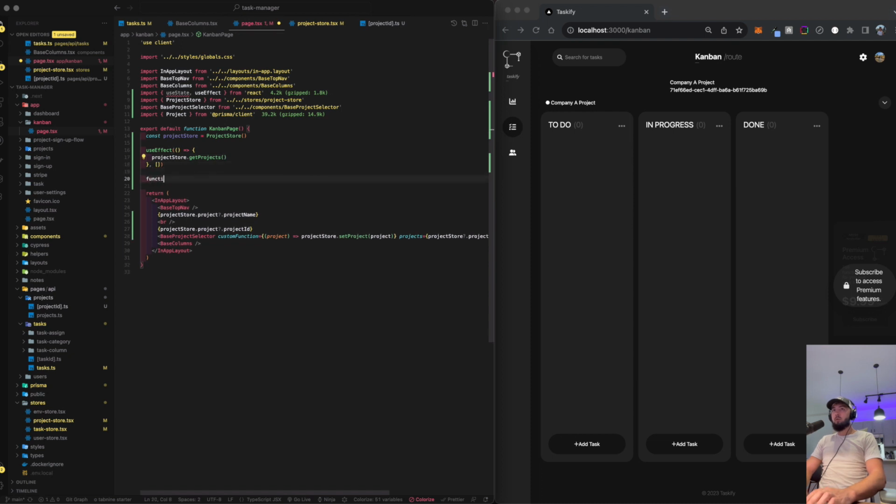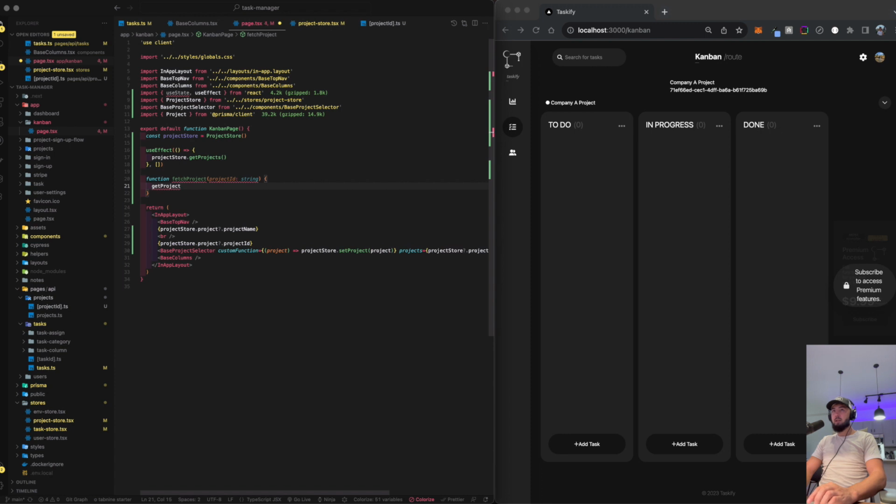Or we could put it into, how about this? Fetch project. This will take project ID as string, and we will get project store.get project. Pass in the project ID, and we'll fire that off on every selector. Or we could build a button for it, and then